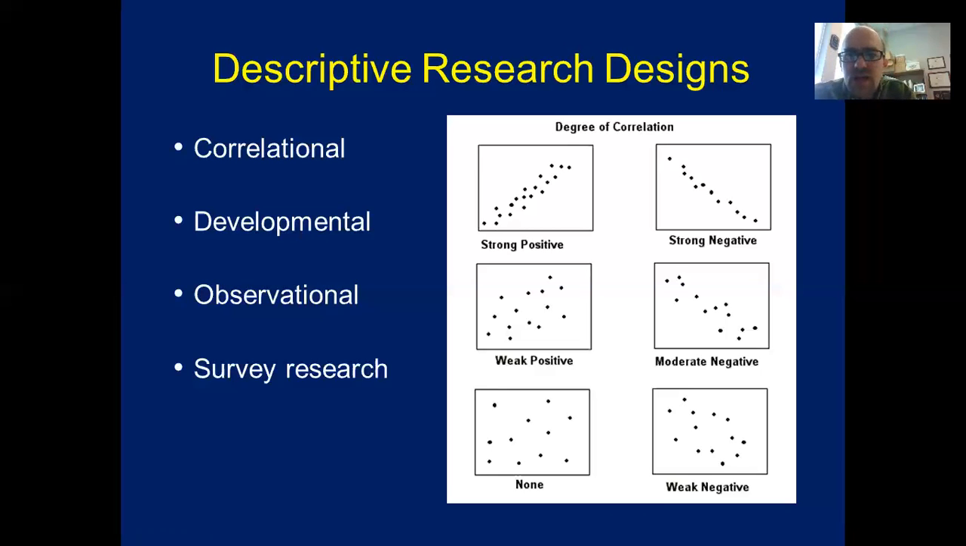Now, developmental designs are usually going to be found more in human type studies. With the developmental designs, you can have two different types. You can have what's called a cross-sectional design, and you can have a longitudinal design. With the cross-sectional design, you essentially take a snapshot. If you're looking at